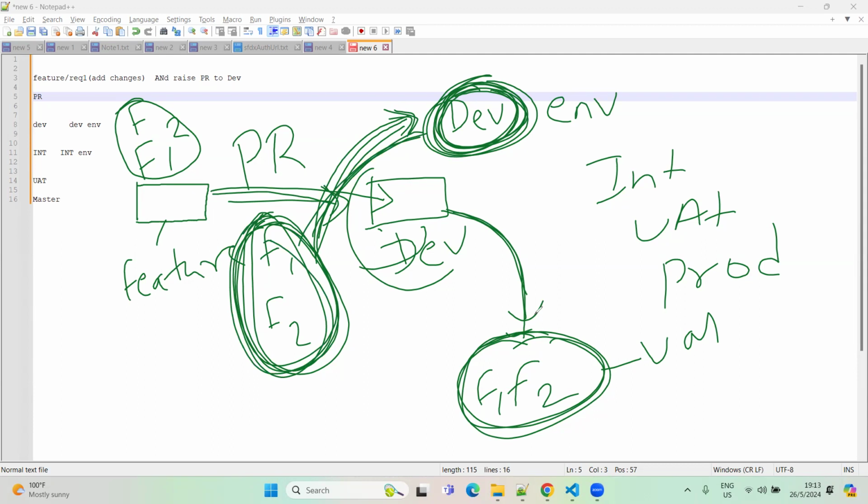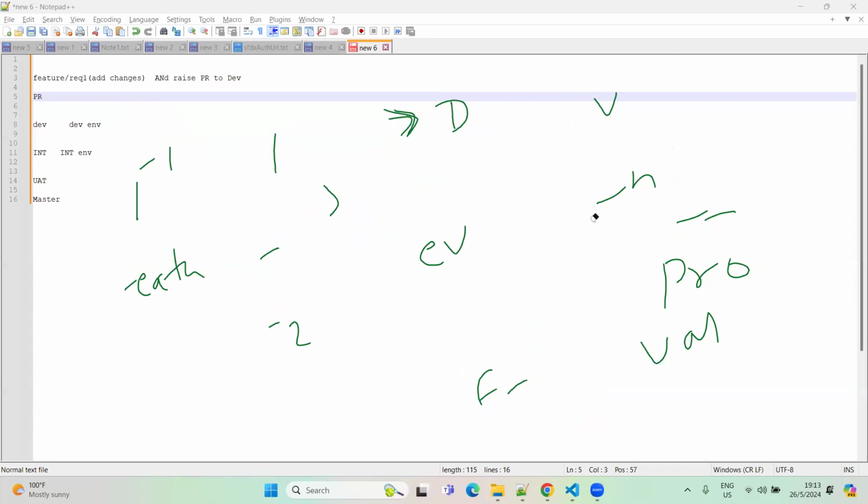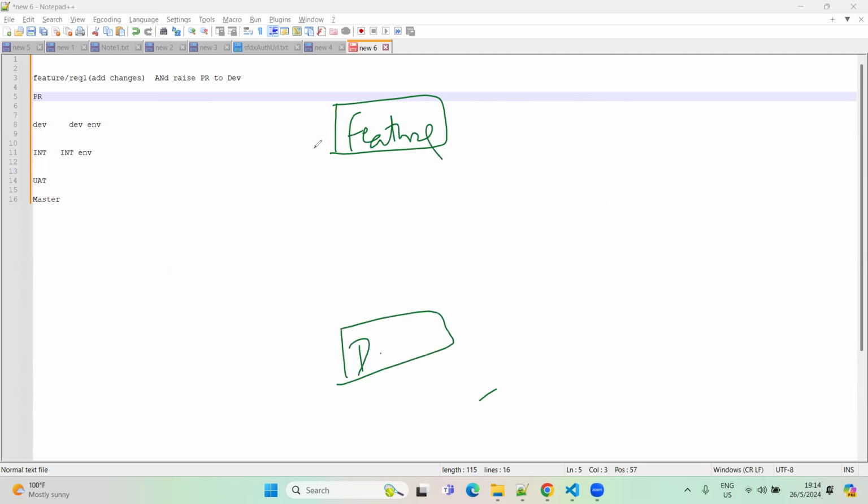So in this page, it is clear what we're trying to achieve, like what happens in the real world. Any question here? I will also write a few things. Feature branch. Okay. Now here is dev. So currently we will cover